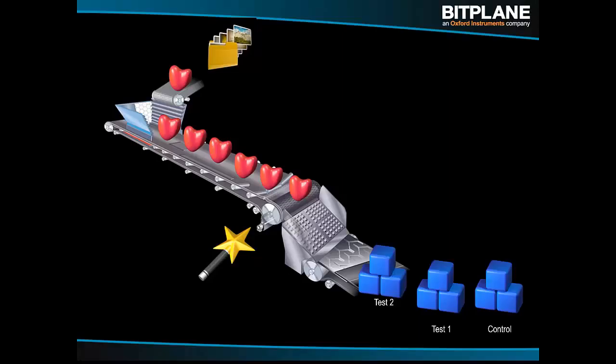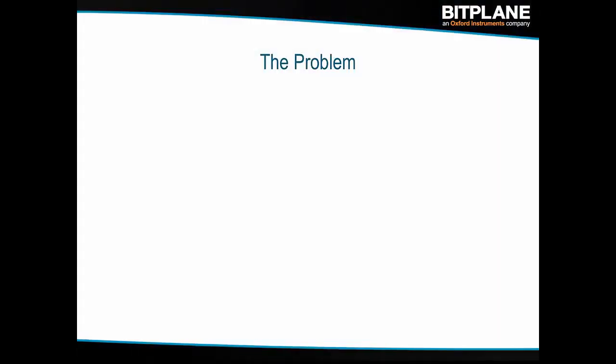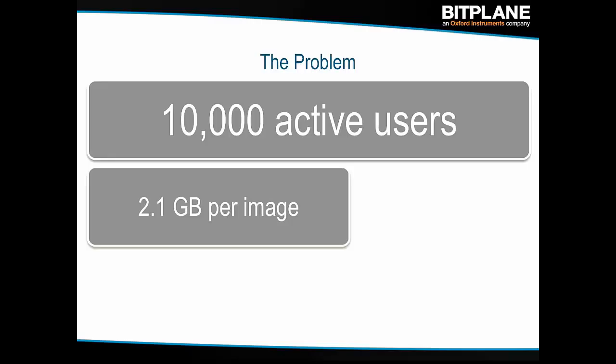So that's what we introduced with Imaris 8, this new workflow that starts with a group of images, they are analyzed, and then we get a folder group at the end that contains all of the results for that group or groups. But the problem, and I wanted to really drive this home and show you something, if we go with the 10,000 number that I mentioned, and I'll go through this relatively quickly to get to the point, on average, the users